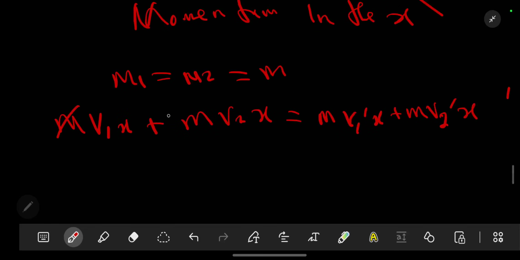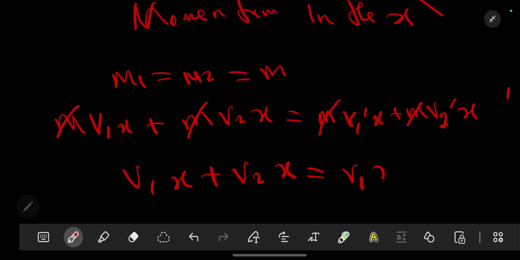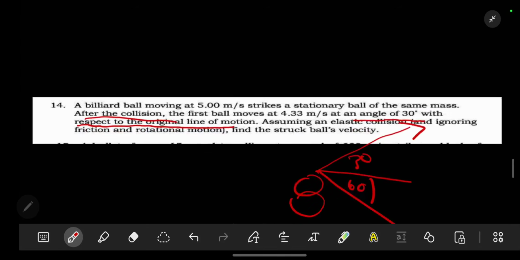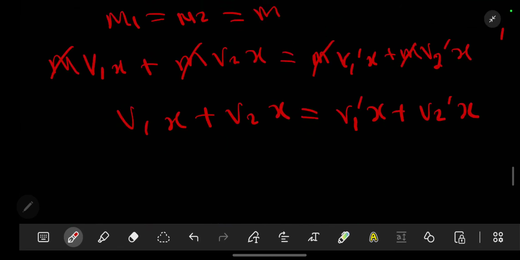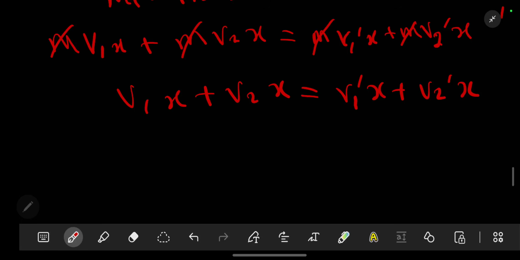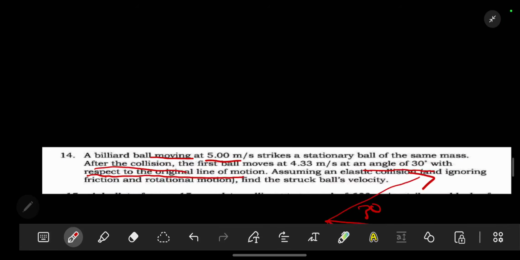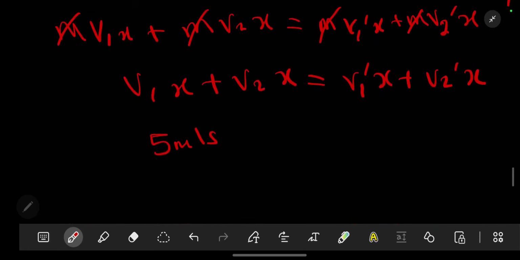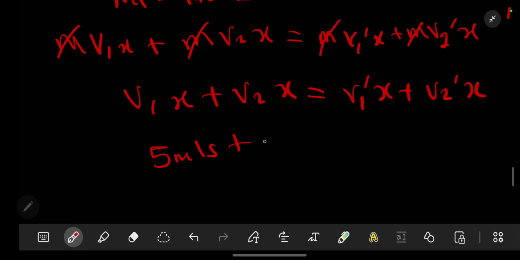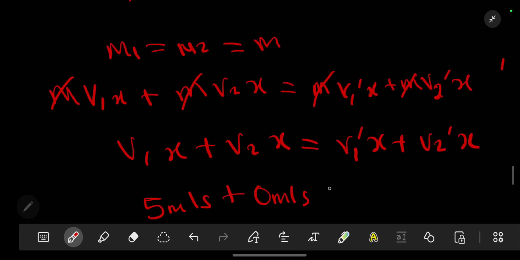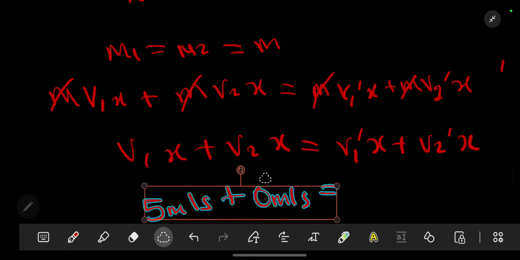So this m will be cancelled throughout, so that we have v1x plus v2x should be equal to v1 cap x plus v2 cap x. Our v1x, in this case, was moving at 5 meters per second. So this one was moving purely in the x. They haven't given us the angle, so purely in the x, plus our v2, it was stationary, so it will be 0 meters per second,